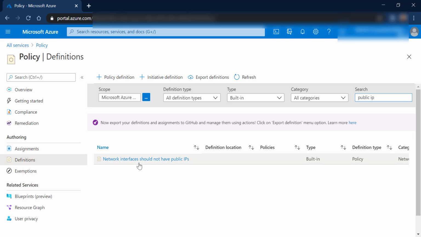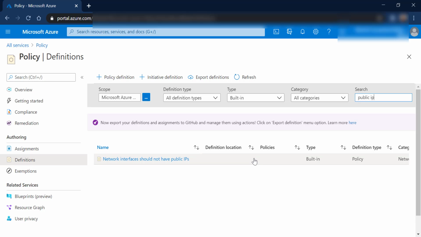So as per my organization policy, I don't want any virtual machines or any resources to be created with the public IP address, because it is going to be a security violation if I allow anyone to create a resource with the public IP address. So I don't want to compromise with the security. So I would like to enforce such policies in place. So how do I do that? I can go ahead and choose this particular policy and apply it onto the given subscription or the given resource group.